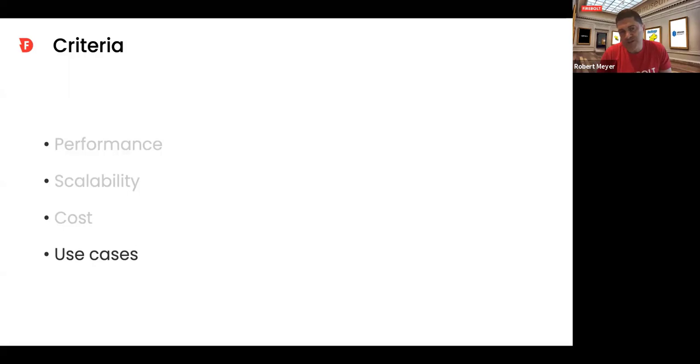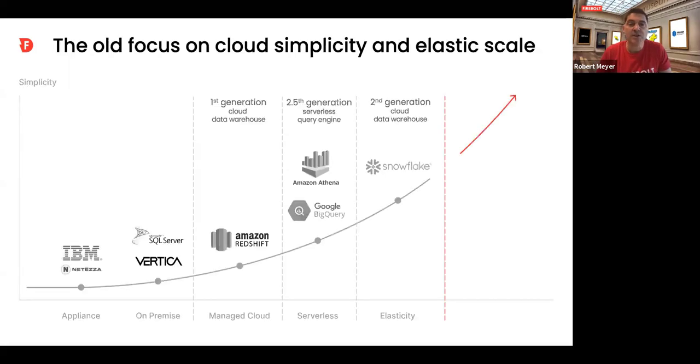And then, since a lot of us are architects, architecture matters too. If you look at the changes that have happened from the on-premises data warehouses, which had a lot of good techniques, there are still a lot of lessons learned from the Teradatas and Verticas and ParAccels and Netezzas of the day.